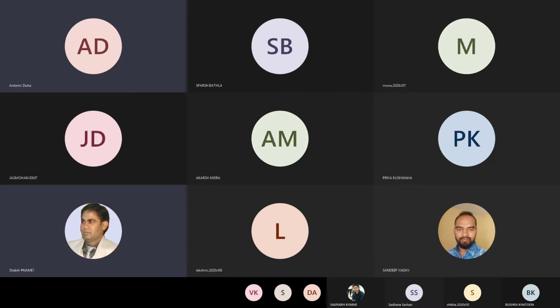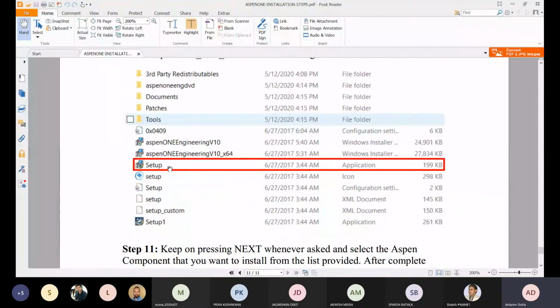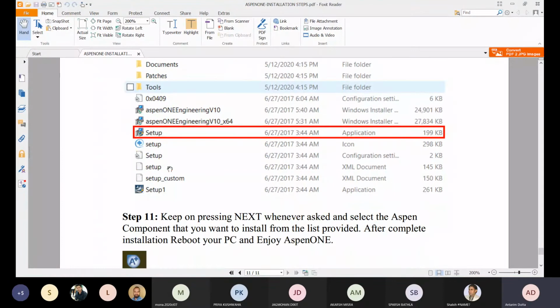Yes, sir, surely, sir. Actually, sir is saying that if you have a pirated version of the OS with you, let me show you what will happen exactly. Once you click on this particular software setup, it will take you to a dialog box, but it will ask you to download certain software as well, like ISS script software.